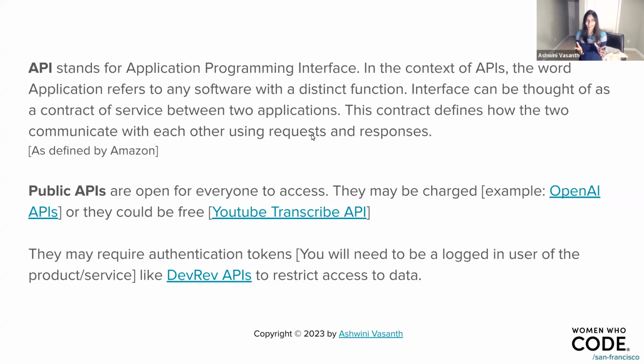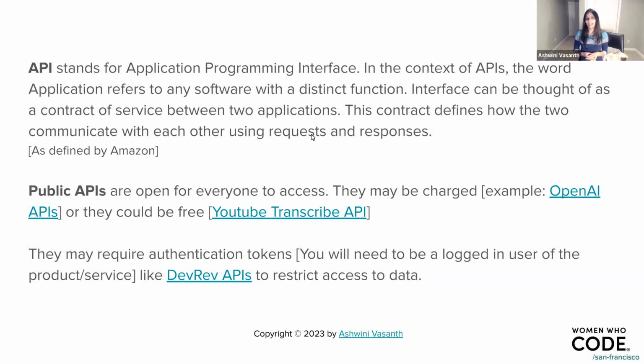So that's kind of the best way I feel to describe an API, and all credit to Amazon for defining it this way. So today we're actually specifically interested in public APIs. Now, what other kind of APIs exist, right? Since we said it's an interface, you could have an interface between services in your product that you've built, which are not exposed to the outside. It's just a contract. It's something that services internally talk to each other with, but nobody else outside of, let's say, your company building the product actually has access to it.